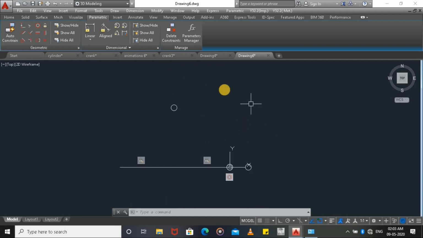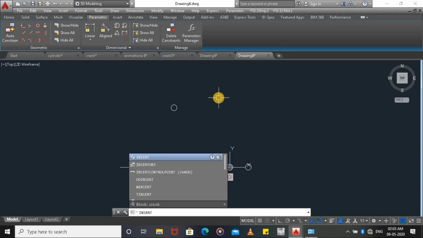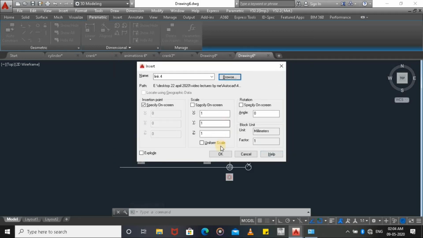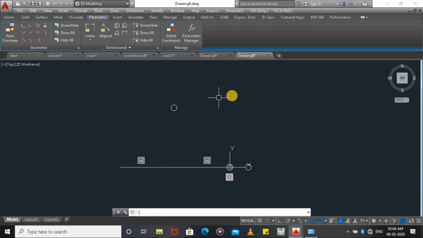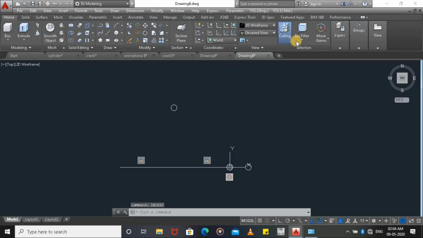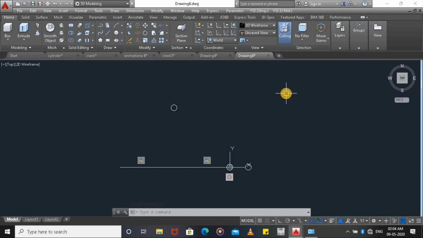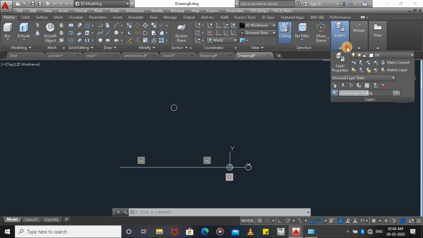Now inserting other parts. Insert. Now we are inserting link 4. So now, okay. Now we have to change these layers. So you have to remember, we have to insert the parts in the default layer, not in the 2D layer.